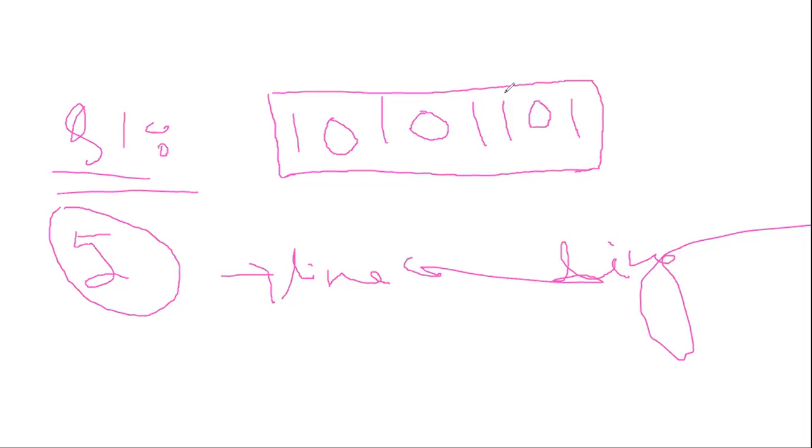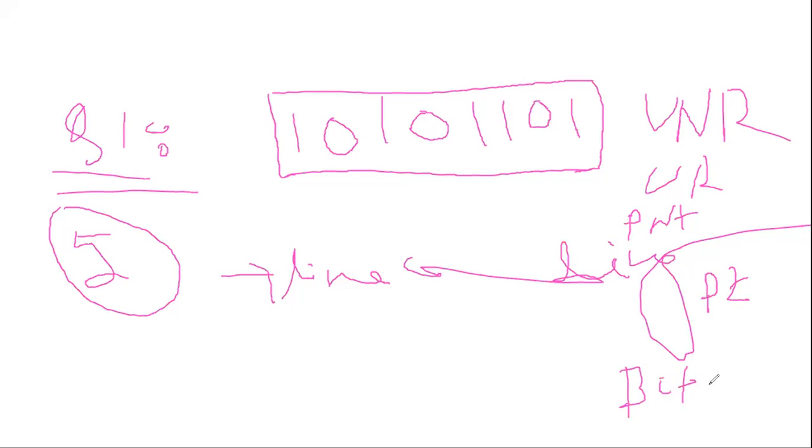So 1 0 1 0 1 1 0 1, you show unipolar non return to 0, unipolar return to 0, polar non return to 0, polar return to 0, bipolar, then Manchester, then quaternary. So 1 2 3 4 5 6 7, for 7. Now for bipolar we have not said return to 0, do simple bipolar only, and after that Manchester and quaternary. So how many are done? 1 2 3 4 5 6 7. You solve it, okay, this is your home task.